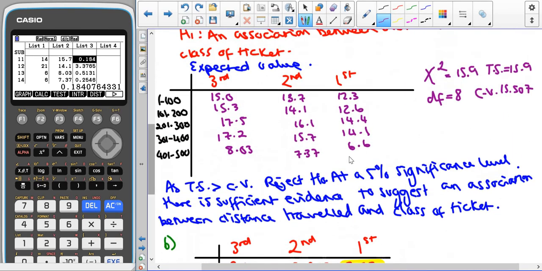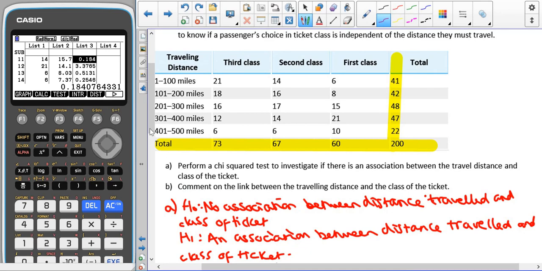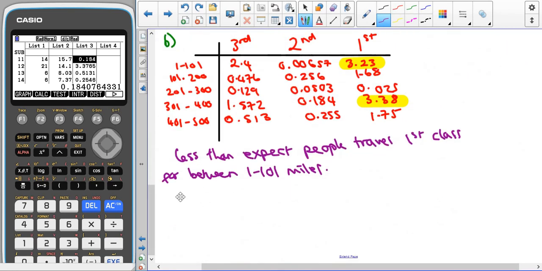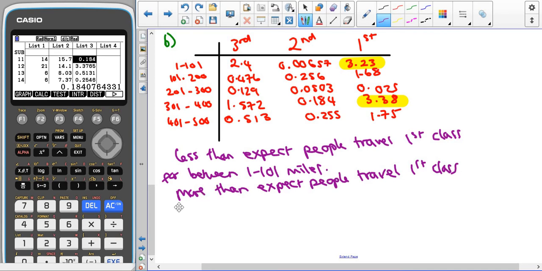So again, if we have a look here, we were expecting 14.1, but we actually had 21, so we had more than expected. So more than expected people travelled first class for between